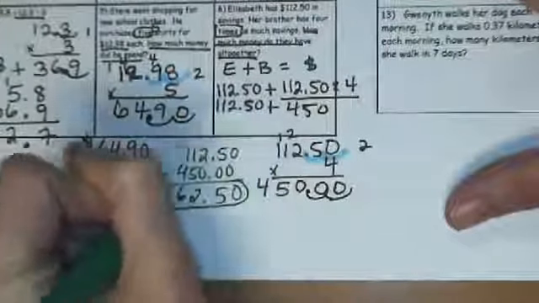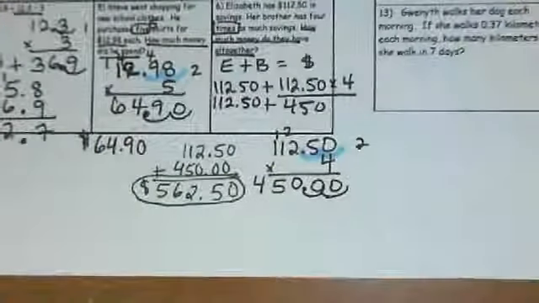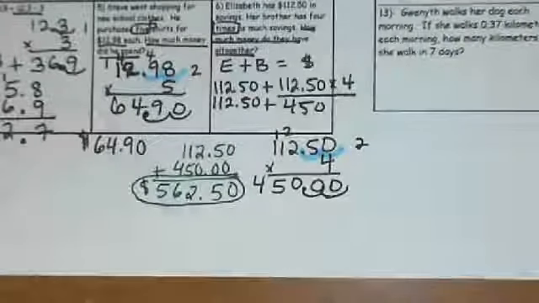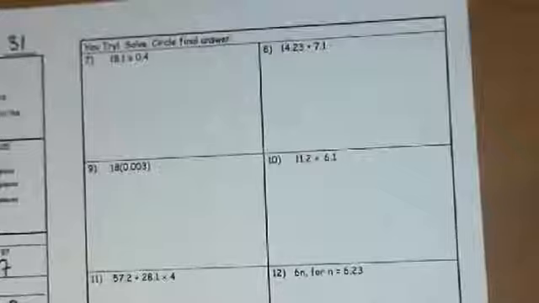And that concludes our notes on multiplying decimals. So you also need to make sure that you do the U-try problems on this side of the paper. So there's going to be 8 U-try problems. So that's number 7 through number 14. It's all multiplying decimals. Okay, so make sure you complete those on your own